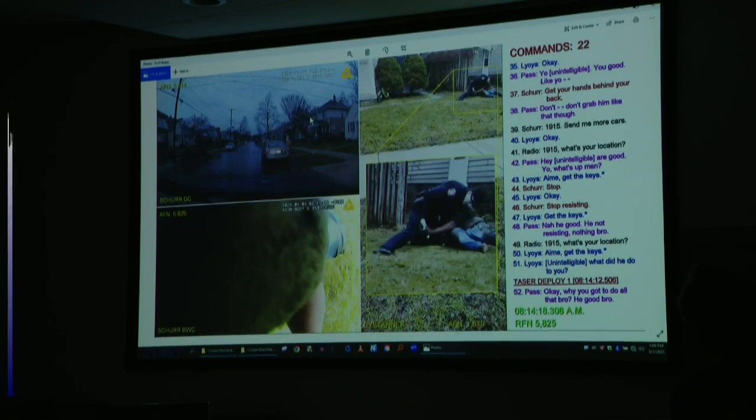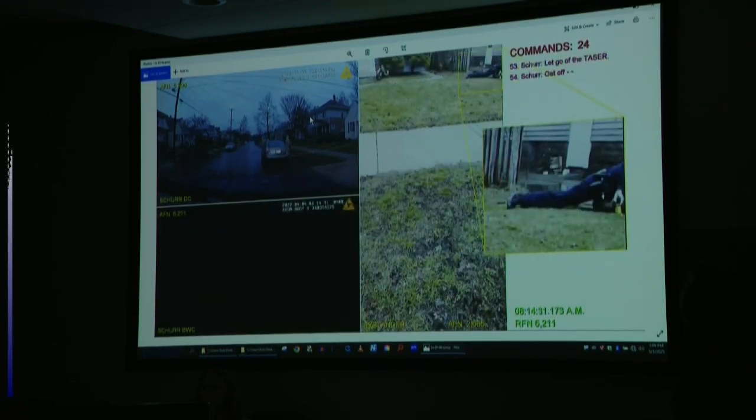And right here we see Officer Schurr has the taser by the hand grip of the weapon, and Mr. Lioya has the, well, just for lack of another term, the other end. And he's got it with his left hand. The next exhibit is RFN 6211, and this is where we see Schurr still has the taser in his right hand, but now Mr. Lioya has it in his right hand.